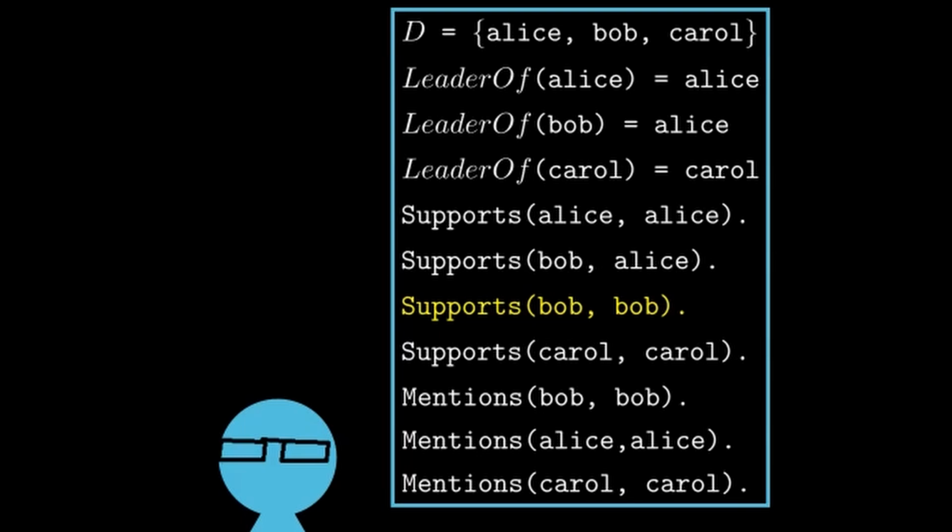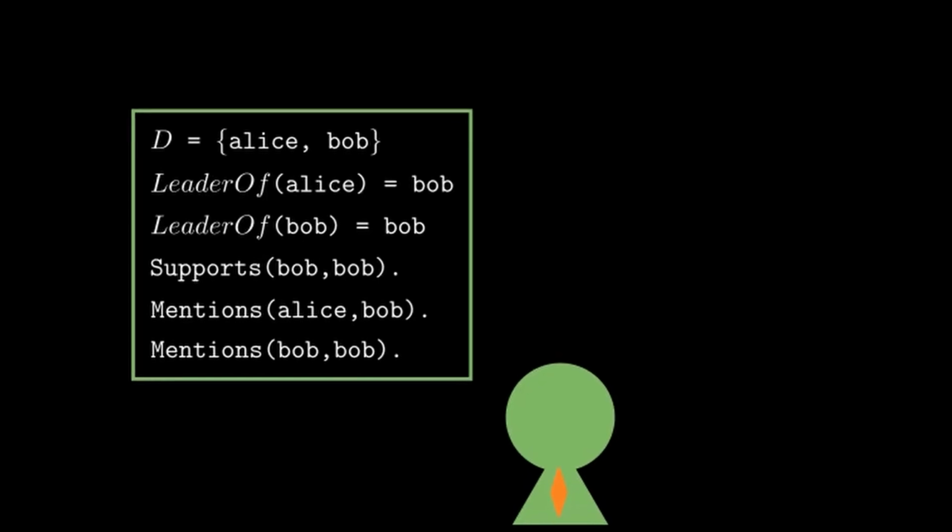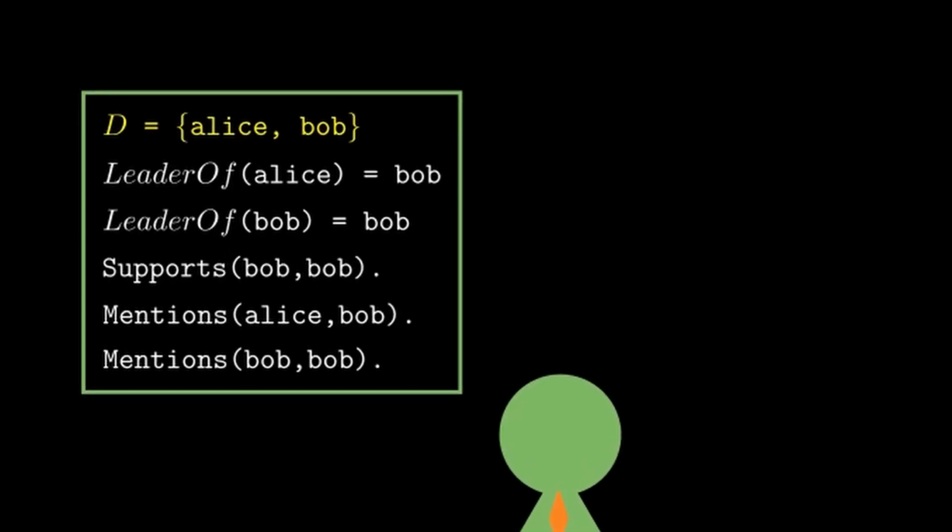So far, so good. But now we come to Bob, a rather odd, if not to say solipsistic, character. Like Alice, he is entirely ignorant of Carol's existence, but what's more, it seems that Alice might be mistaken in thinking she has persuaded him. Bob knows that Alice mentioned him, and he mentions himself too, but he does not reciprocate Alice's support, nor does he seem to be aware of it.